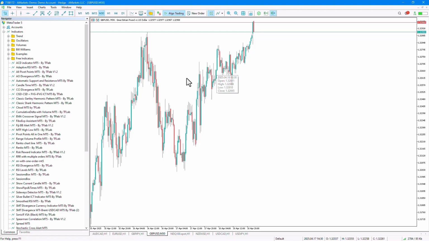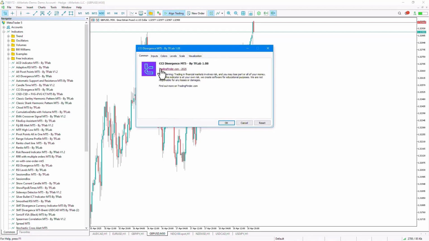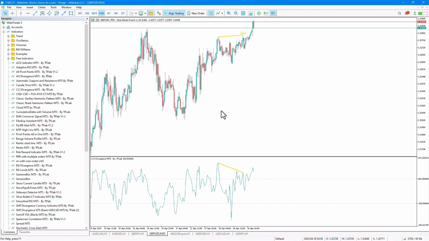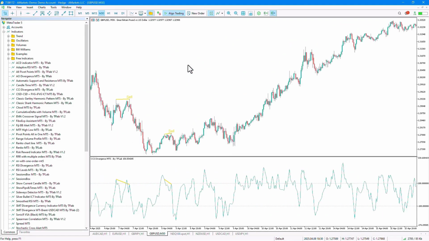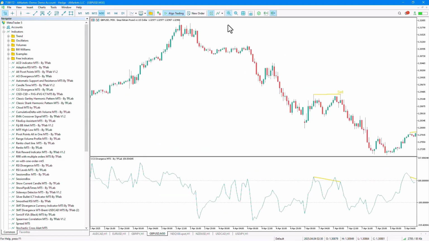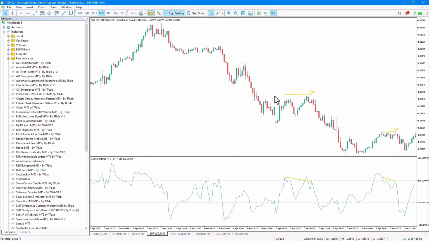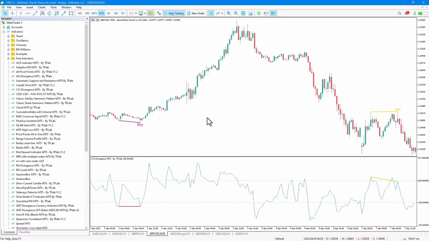From the Navigator section, we select the indicator file, and by dragging the file onto the chart, we execute the indicator. Once the indicator is executed on the chart, it begins to identify divergences on the price chart. The CCI Divergence Indicator is a special and practical tool for traders who are looking to identify CCI divergences on